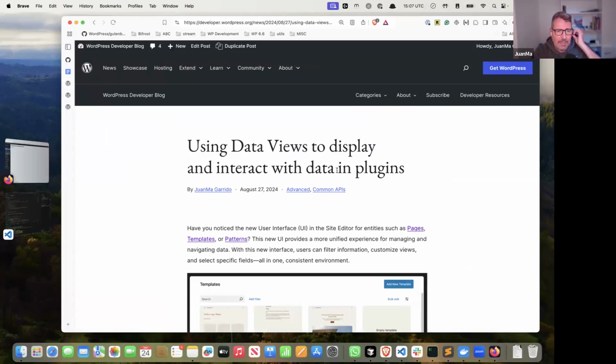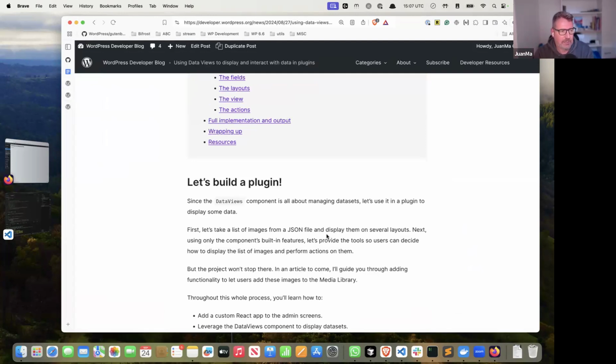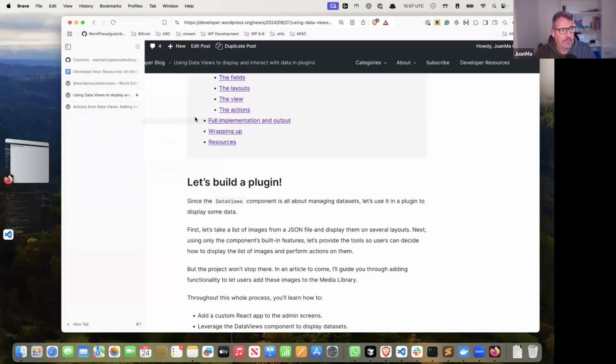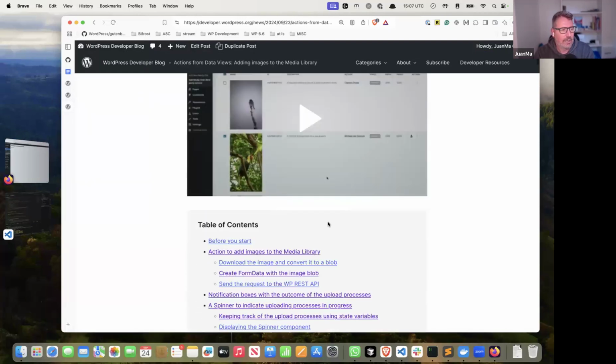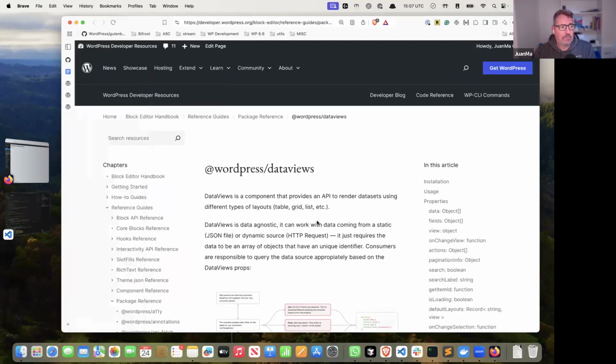This is an introduction of using DataViews from a plugin, and it covers the creation of a specific project. That is a plugin that registers a React application using DataViews. And then there's another article that continues the project started in this one and is focused on actions and how we can do things from the DataViews. So I'm going to explain this project, and on the way, we can talk a bit more about DataViews. So let's start